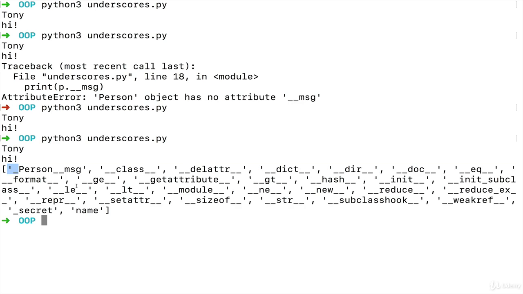Okay, so you can see what we have going on here. We have name, we have _secret, but there's no __message. All the way up here, though, we have _Person__message. It's always in this pattern where it's single underscore, the class name, and then the double underscore, whatever we called it, message or get_name or whatever the attribute or method was called.